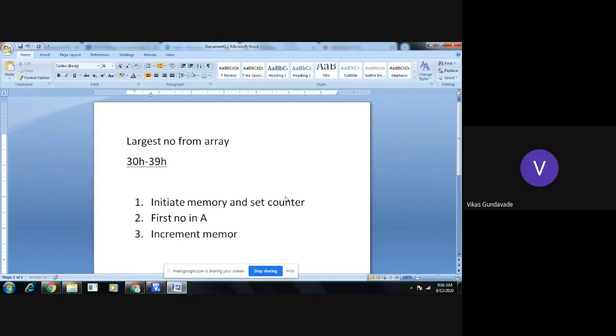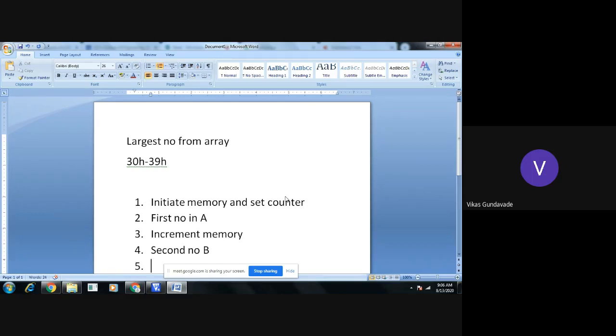The second number should be taken into another register, which is B. Now why do we have to take the second number into the B register? So that we can compare these two numbers.